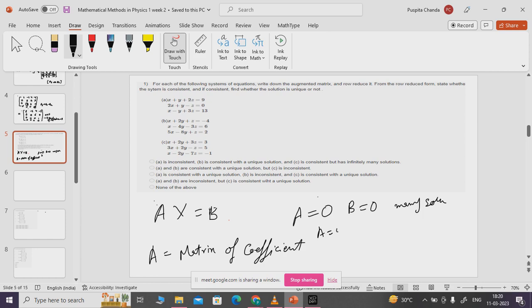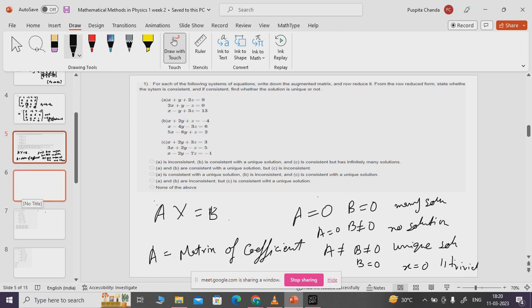If A is equal to 0, B not equal to 0, no solution. If A not equal to 0, B not equal to 0, then unique solution. Or if B is equal to 0, then X is equal to 0. It is also a unique solution but the trivial solution. But here we have been asked that we need to